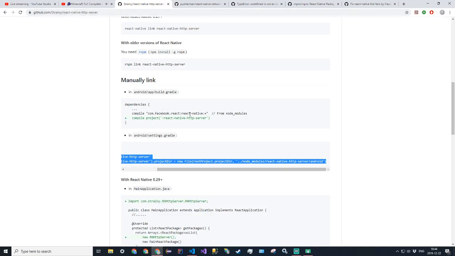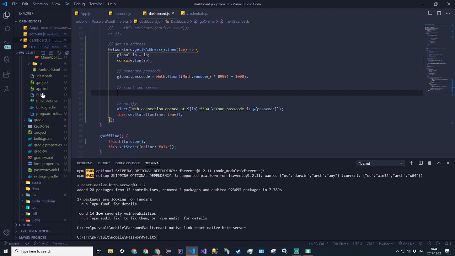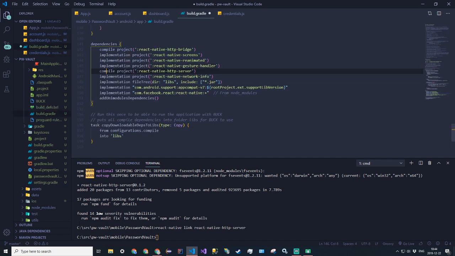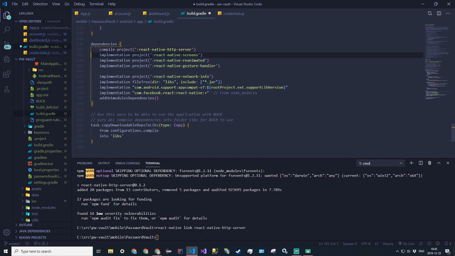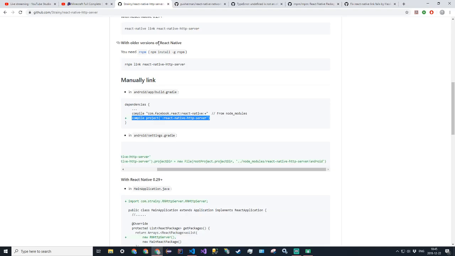And then this in Android app/build.gradle. Oh, it did link it. What? That's weird. It did link it. I just wasn't looking up there. I guess the thing itself doesn't work. Okay, and then